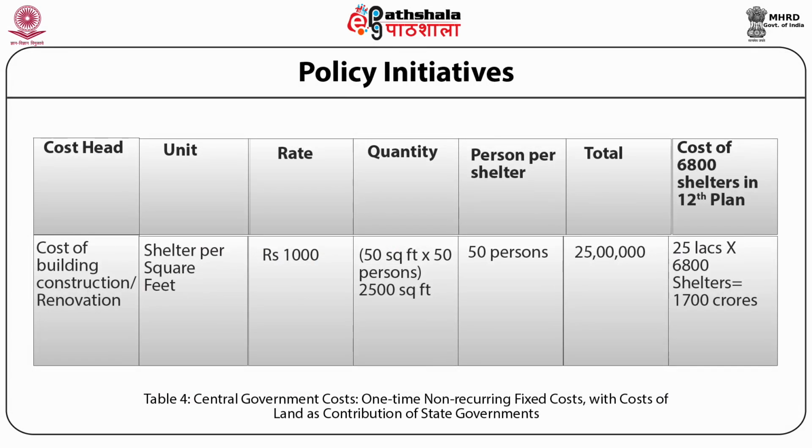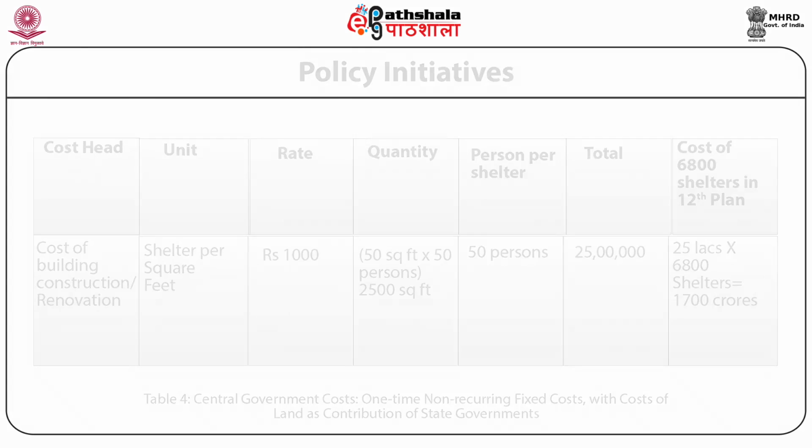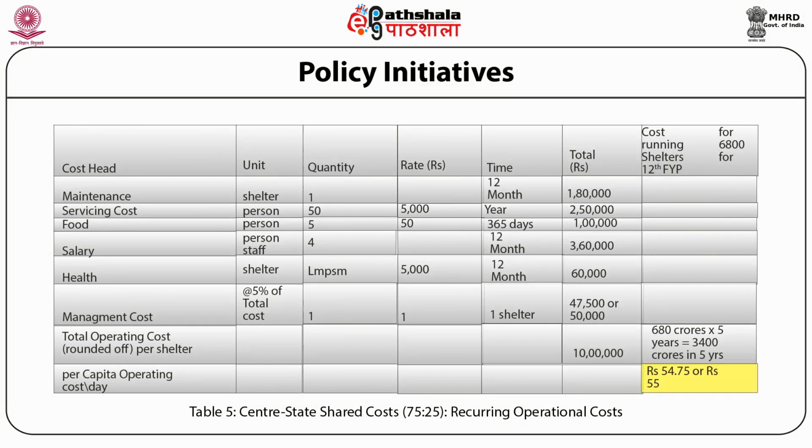This means that the total cost per shelter would be a construction cost of rupees 25 lakhs. The total cost of constructing 6,800 shelters in the 12th plan is estimated to be 1,700 crore. This is a one-time non-recurring fixed cost. This means that the total cost per shelter would be a construction cost of rupees 25 lakh and a 1 year operating cost of